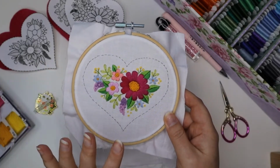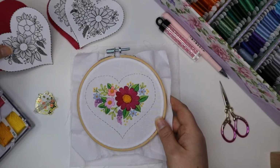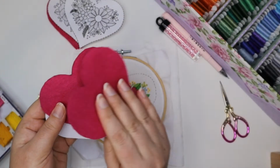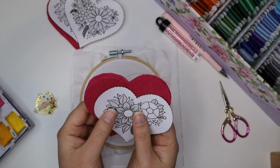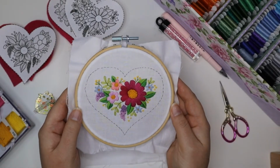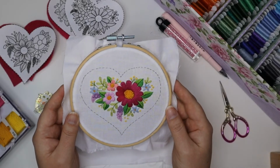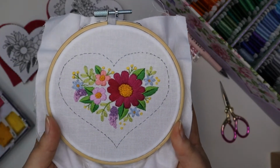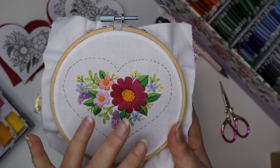But I'm going to be cutting this out and stitching it, backing it with felt, and it's going to be a little ornament that I will be hanging on my cherry blossom tree. I will share on my Instagram how it looks when it's finished. But today I just wanted to show you the finished piece, and I'm making the illustration with the stitching instructions